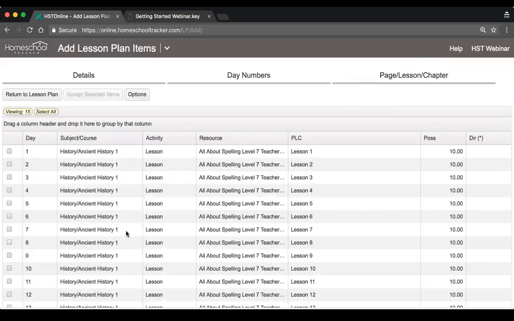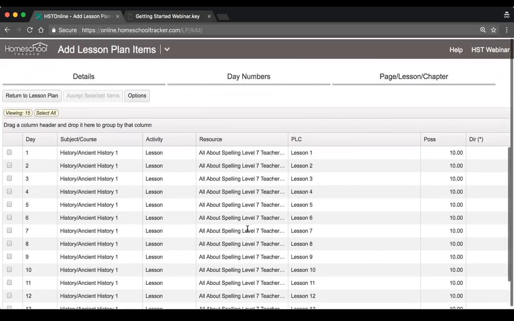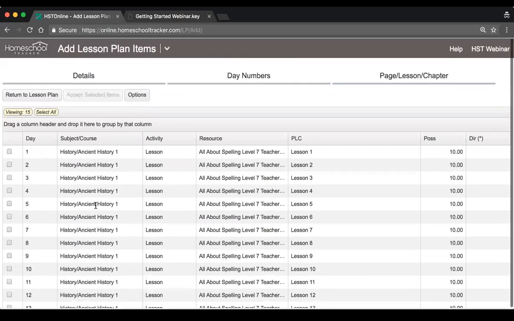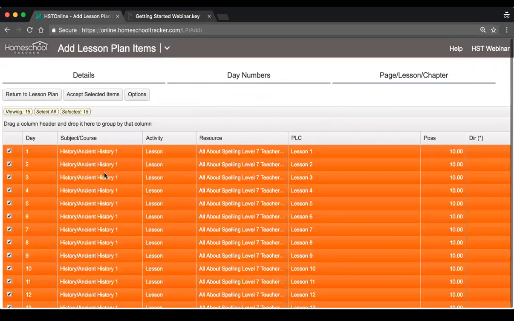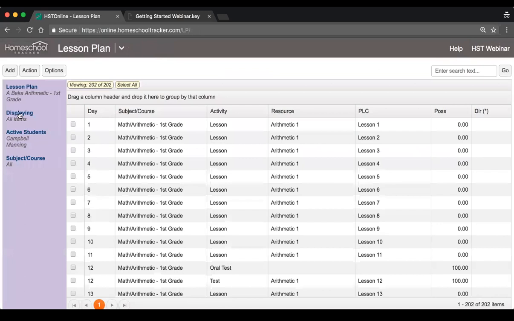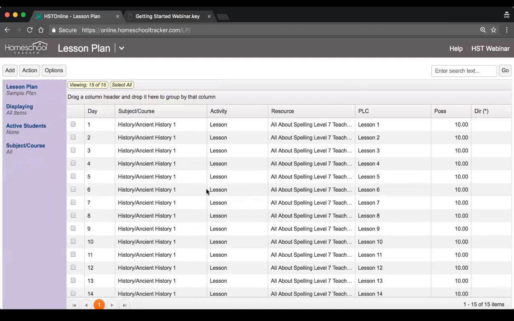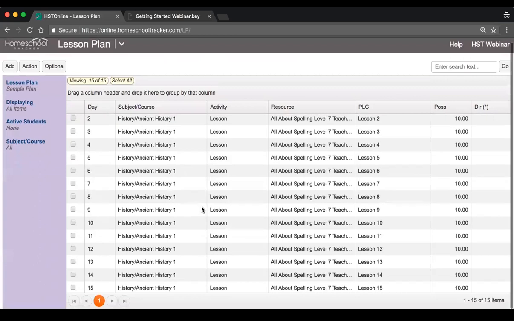So let's go ahead and continue to preview. So again, this is just a preview. It's just showing me what it's about to create. If I wanted to change anything, I could click on any one of these tabs back up here to go back and change things. But this looks good to me. It's 15 days, and it goes from lesson 1 to lesson 15. So let's go ahead and select all of these and then choose accept. So now if I go ahead and load up this sample plan, there you go. I now have a 15-day lesson plan for Ancient History 1, and it goes from lesson 1